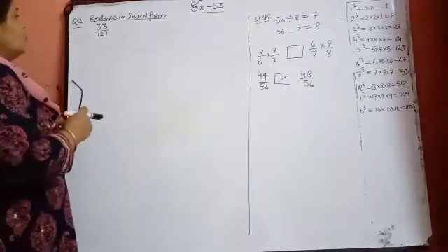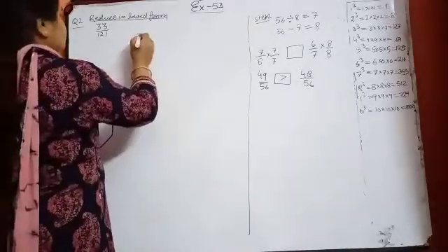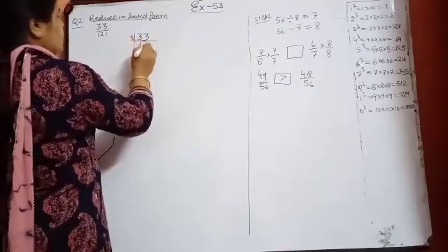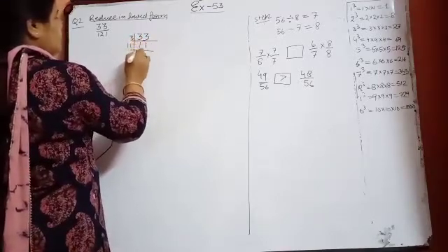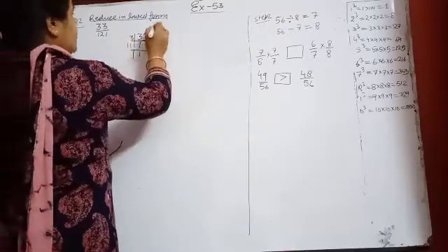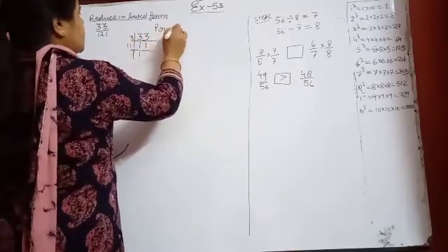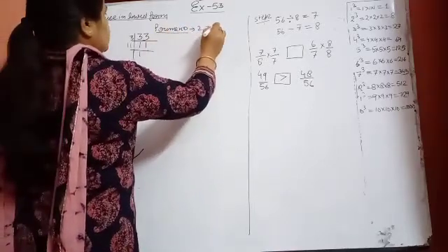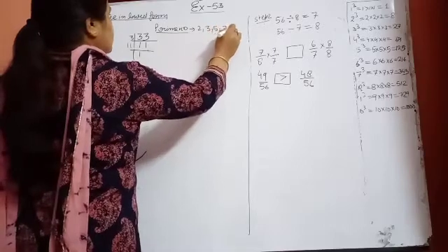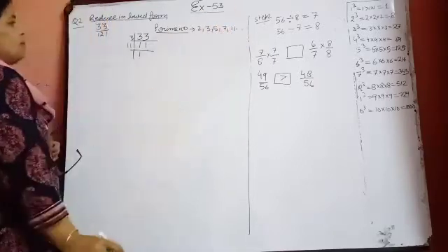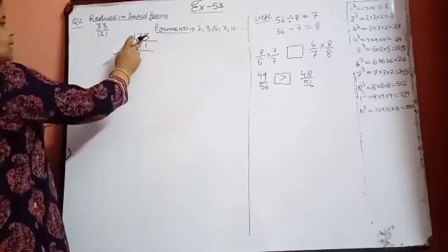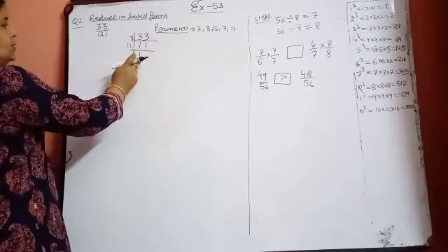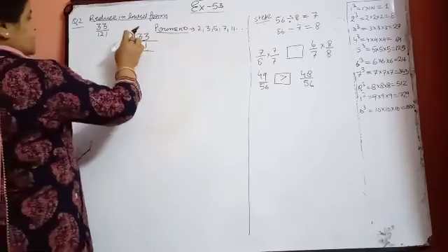Okay. How will you do it? Just see here, 33. Do its prime factorization. It will be divisible by 3, and then finally it will be divisible by 11. 1 elevens are 11. Write the prime numbers. Many children still do not know the prime numbers. What are prime numbers? 2, 3, 5, 7, 11 and so on. In the previous chapter we were writing them. So it was divisible by 3, I have done that, and after it came 11, so it will be divisible only by 11. So its prime factors are 3 and 11.